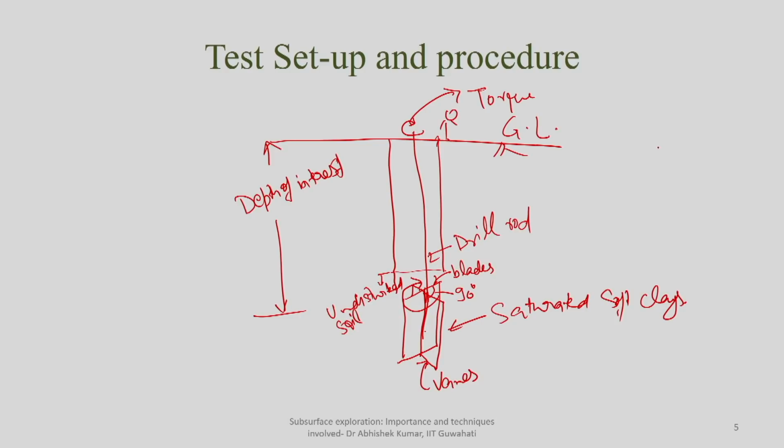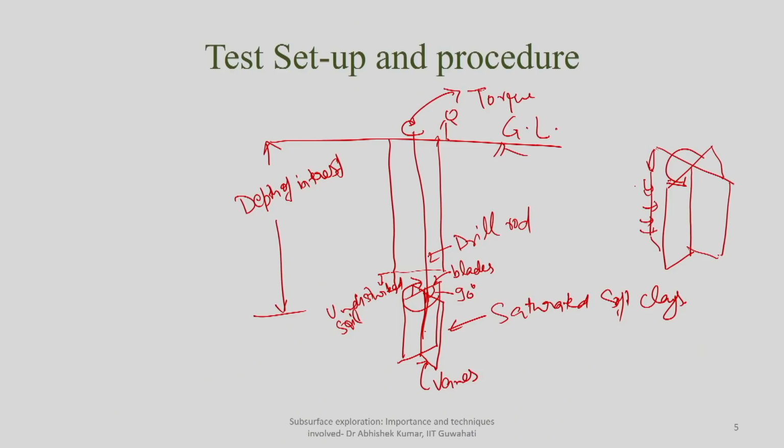Once you start rotating, now you can see here it is something like this, then you will be having something like this, and then this. So, once you start rotating, what will happen? As a result of which there will be shear stresses developed at the interface between the soil and this, because you are actually rotating it. So, rotation means this is your blade, this is your soil. So, when you are rotating, it is actually causing some kind of shear here all along the periphery or all along the circumference here.